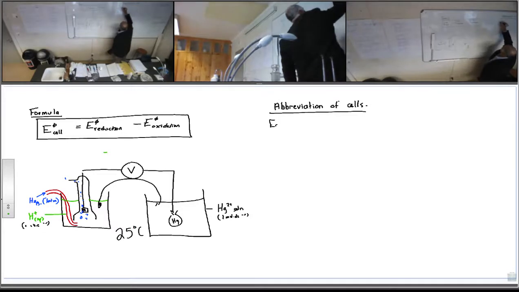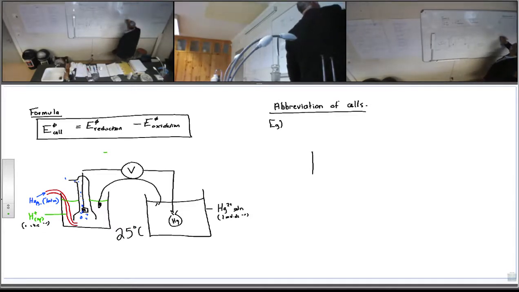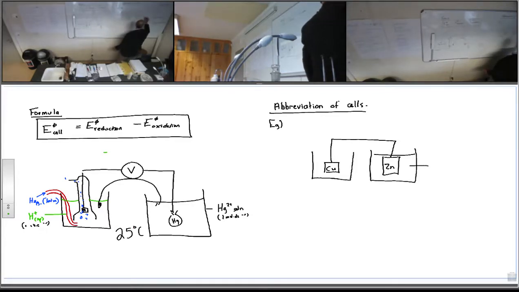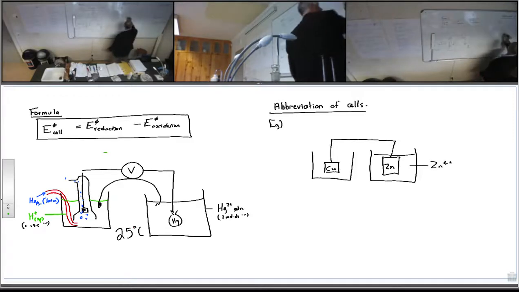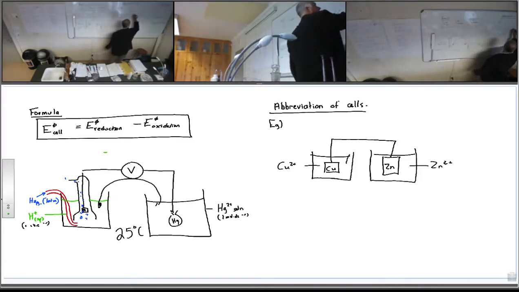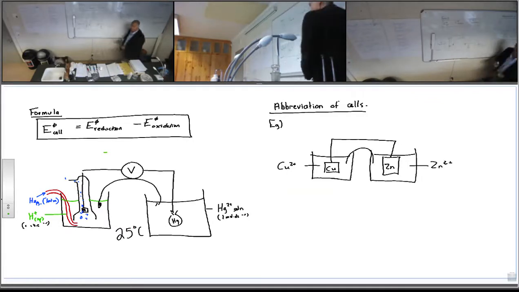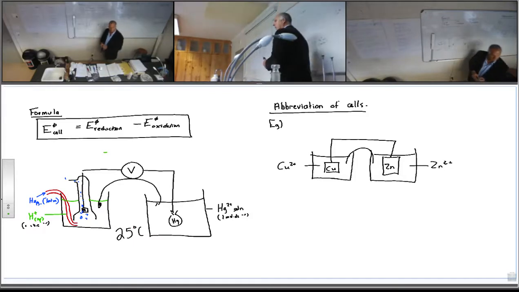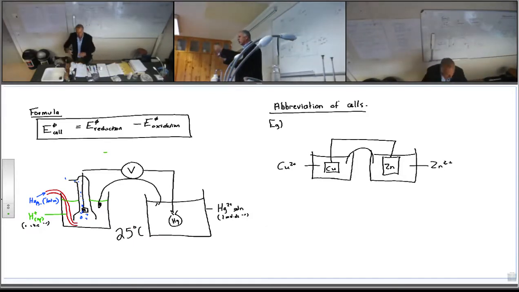So as an example, let's say we've got copper, zinc, zinc 2 plus, copper 2 plus, salt bridge. Okay. Now that's so far, that's about the only way that I could explain to you how to illustrate what